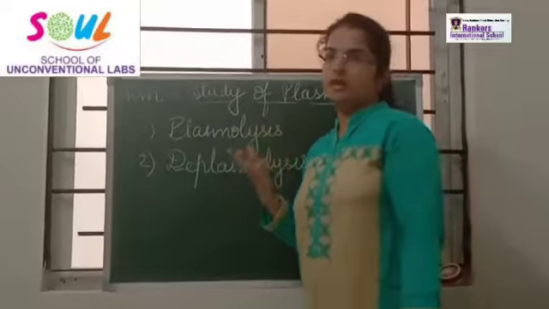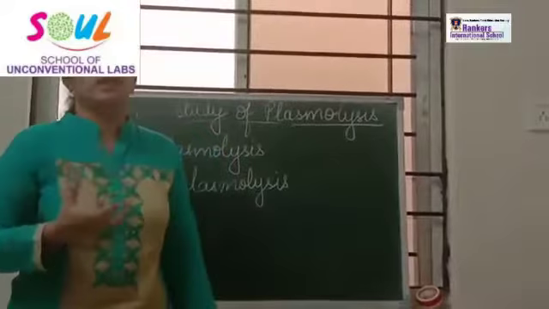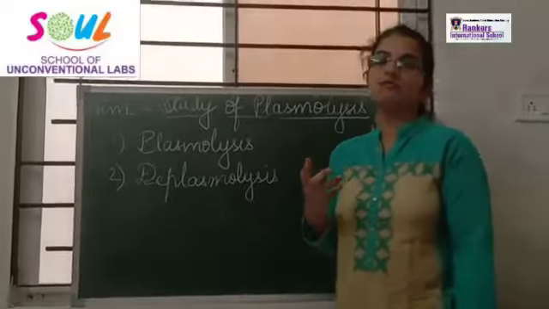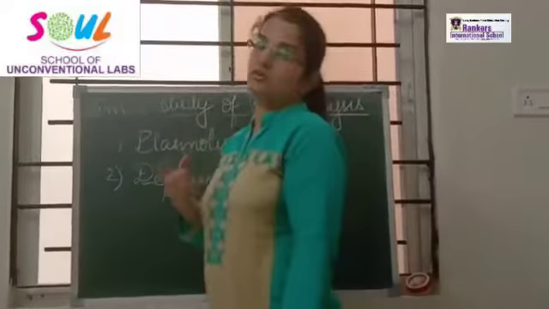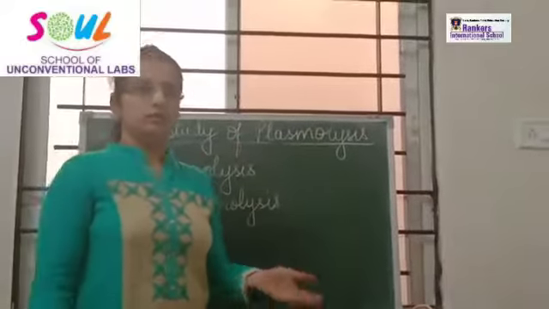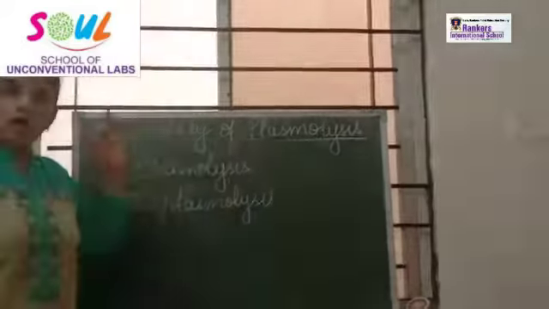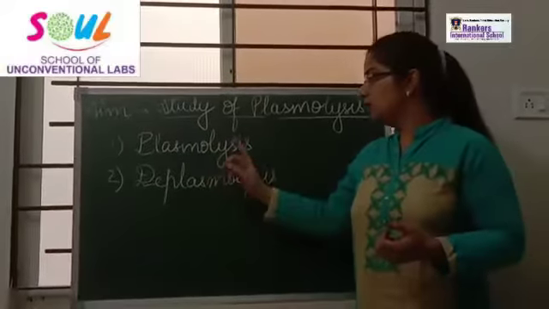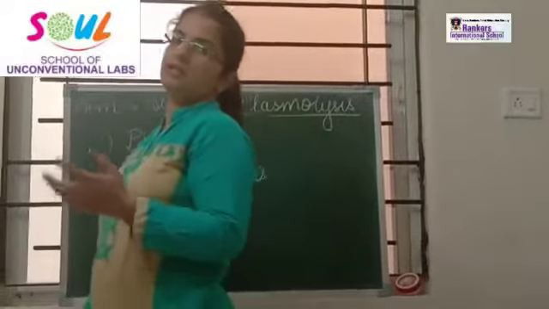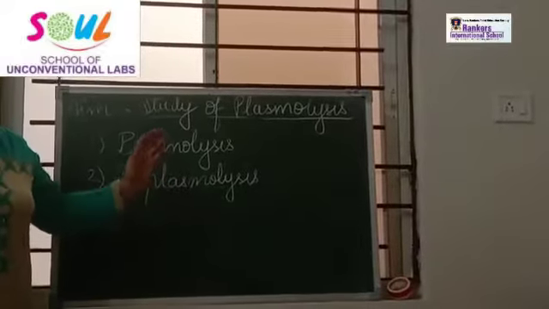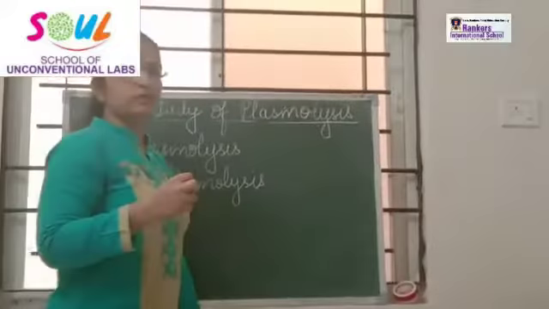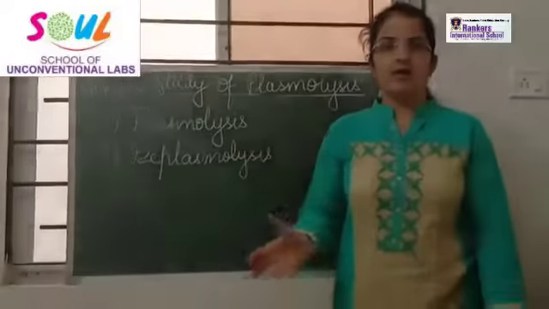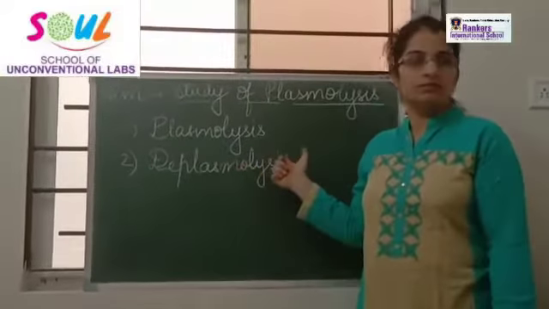Plasmolysis means shrinkage. The shrinkage of the cell is also called plasmolysis. When we keep any type of plant cell in a concentrated salt solution, the water from inside the cell moves out of the cell, and the cell will shrink, and it is called plasmolysis. When we keep this plant cell in a dilute solution, the cell starts gaining water again and swells up, and that is called deplasmolysis of the cell.